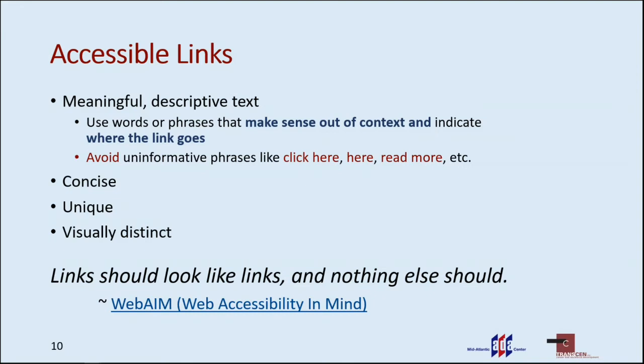The hyperlink should look different from the rest of the text. You've probably noticed for Microsoft Word or PowerPoint, when you type in, say, www.google.com, it makes the hyperlink blue and underlined. This not only helps people with disabilities, but it also helps people without vision issues to know whether or not what they're reading is a hyperlink.